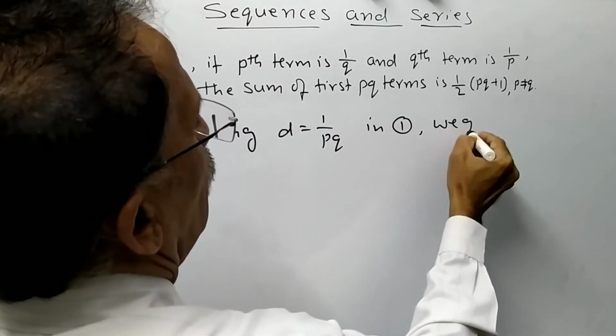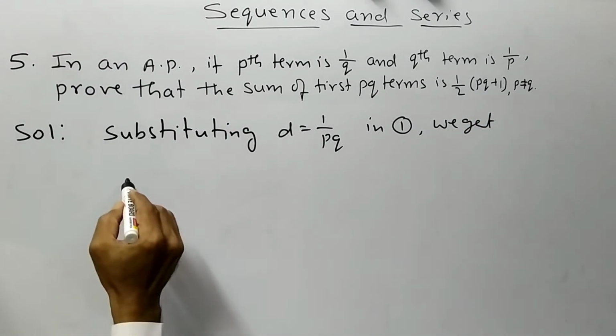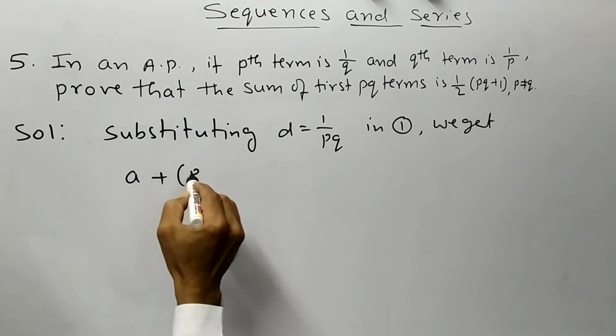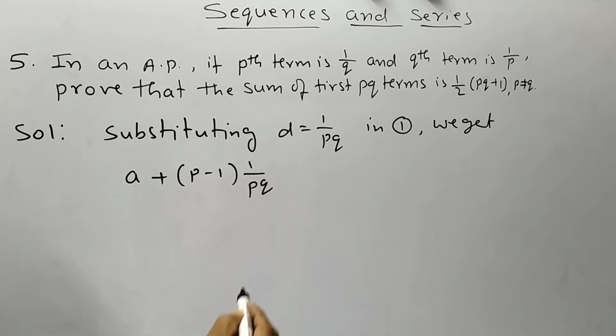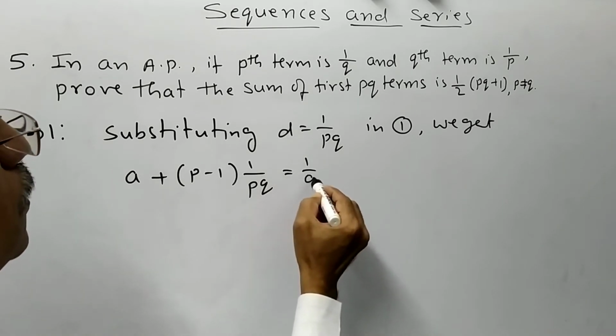Substituting d is equal to 1 by pq in 1, we get a plus p minus 1 into 1 by pq is equal to 1 by q,